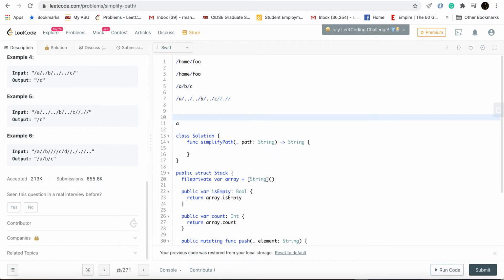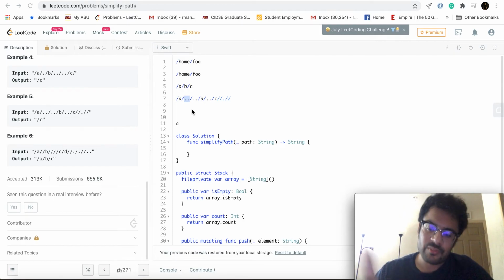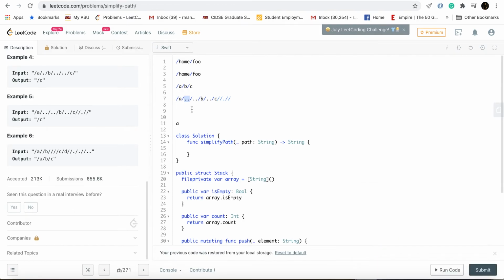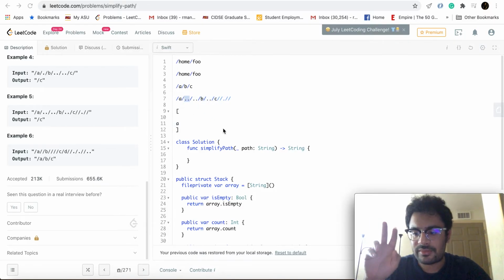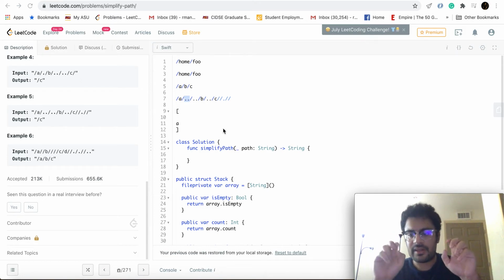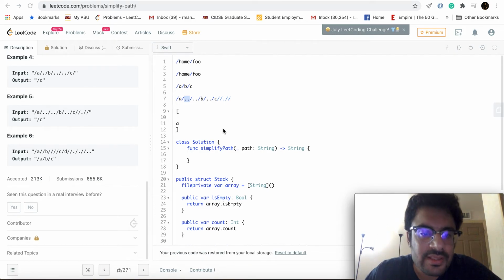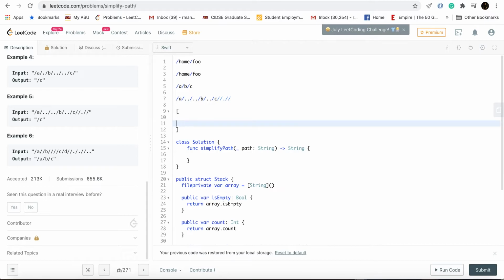Okay, this is at the top of our stack. Then we see a double period. Now a double period means move one directory up, so we'll pop our stack, which means our stack will become empty. I'm sorry, I know it might be difficult to visualize, but assume this is where the stack is, and when we processed a, it had a. Then we found a double period, so we popped the stack, so that removed a.